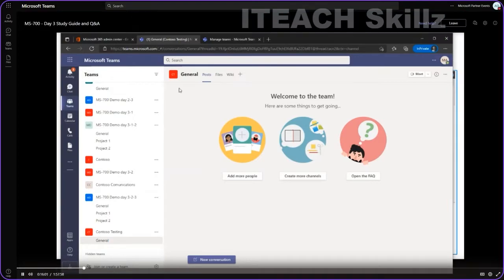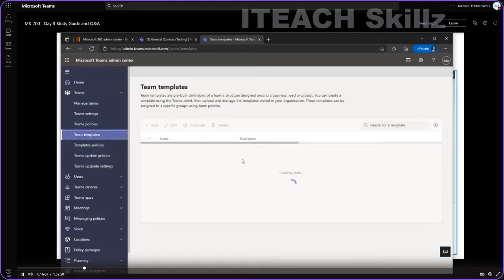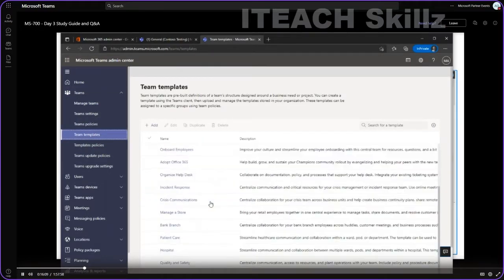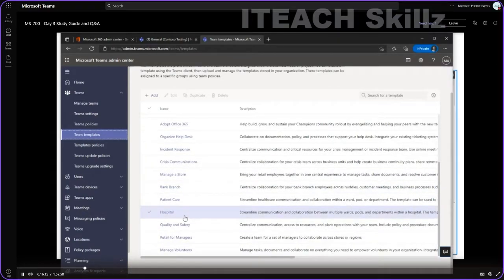I'm going to go to the Teams Admin Center. Here, I'm going to go to Team Templates. On Team Templates, here I have the list of templates, the base templates that Microsoft has made available for me. In this case, we can see here hospital, we can see here one for incident response, crisis communications, quality and safety, retail manager, organize the help desk, and so on. If I click on any of them,